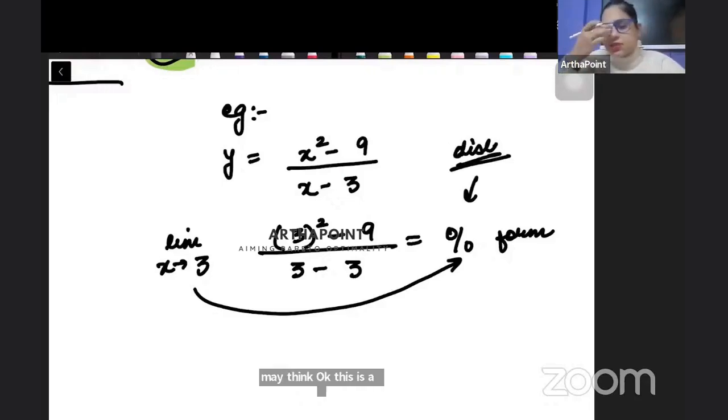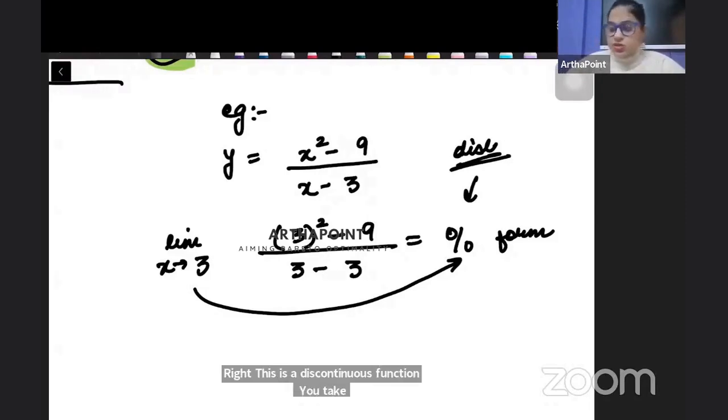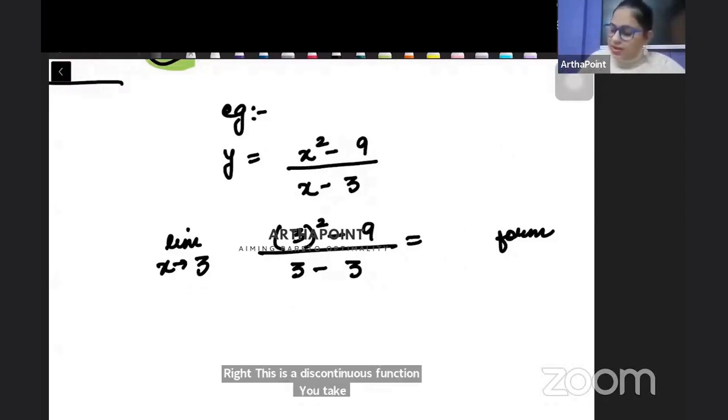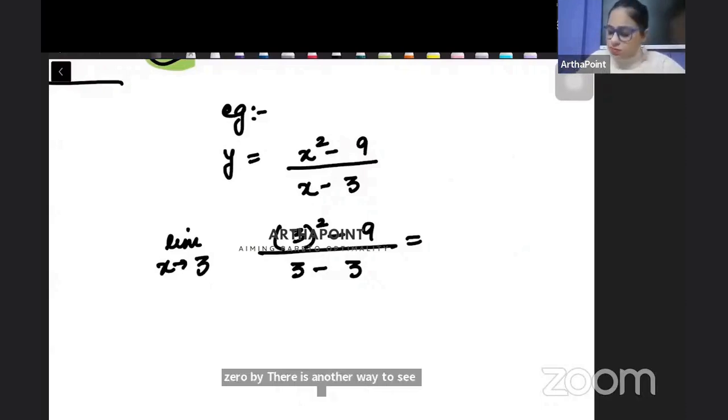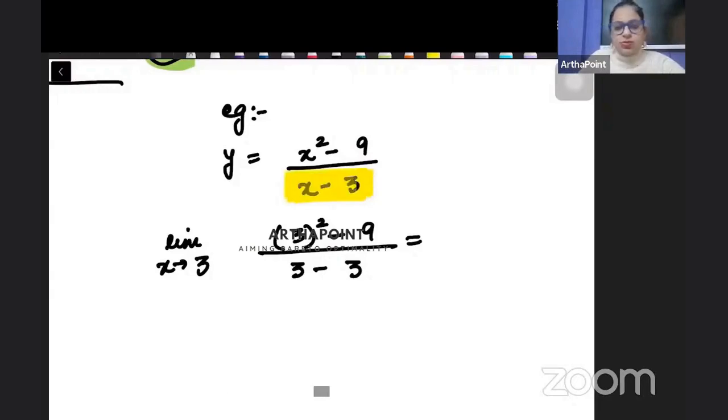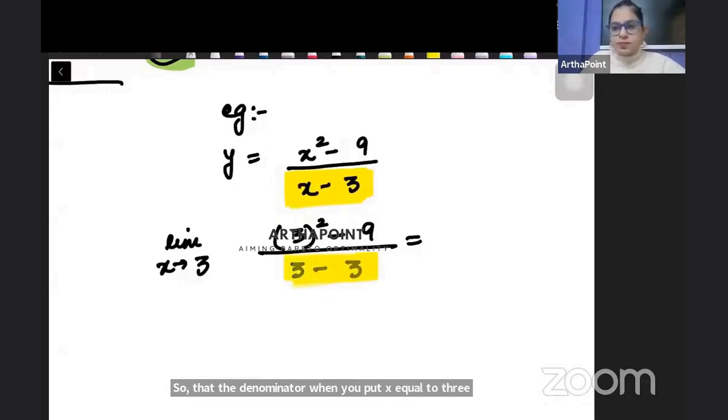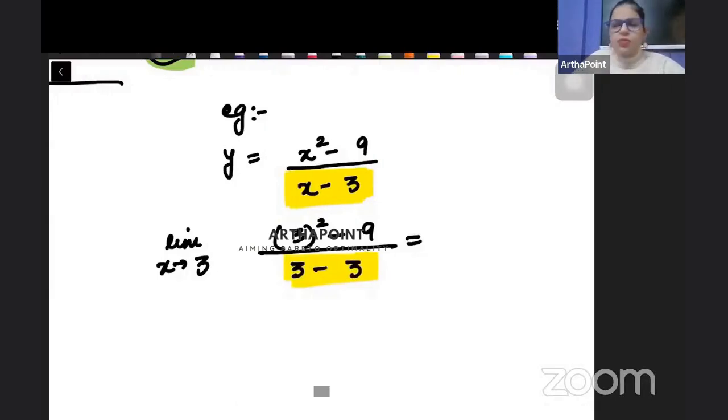Right? This is a discontinuous function because a 0 by 0 form is coming. There is another way to see this thing. It may clearly seem to you that the denominator, when you put x equal to 3, gives me 0, right? And if the denominator itself is 0, it means that I am not able to define my limit